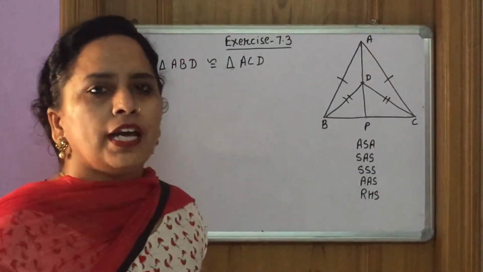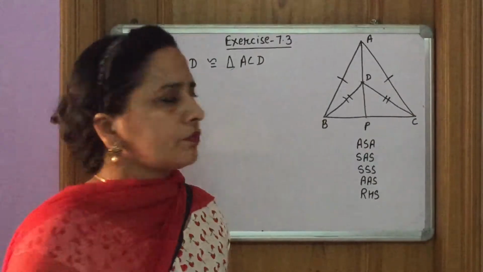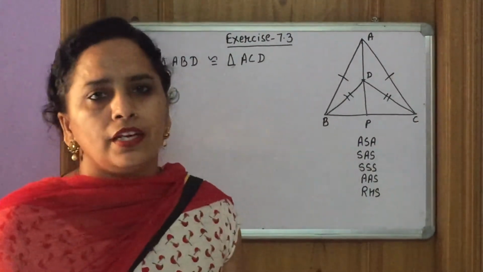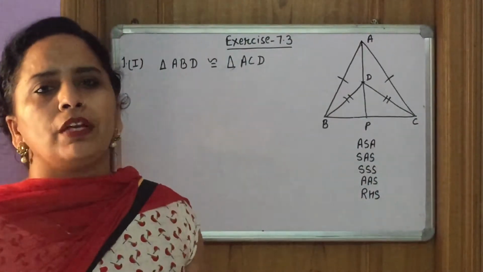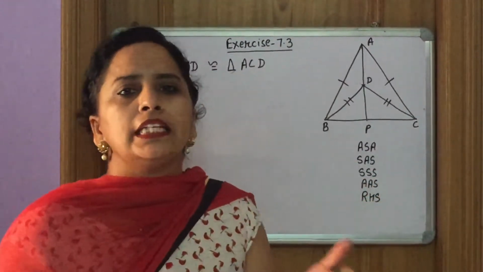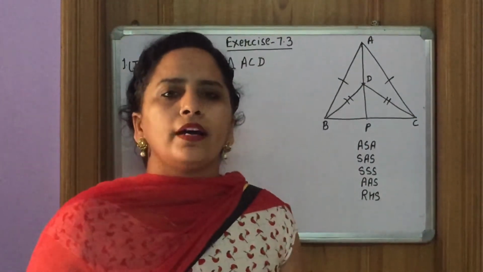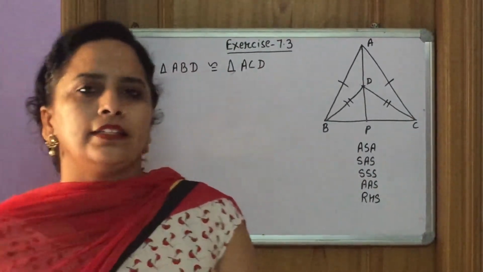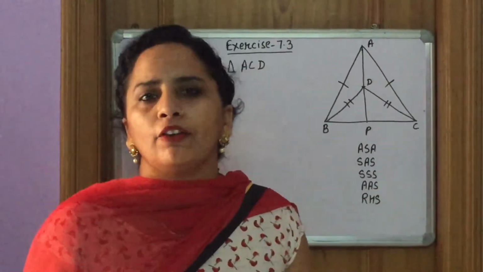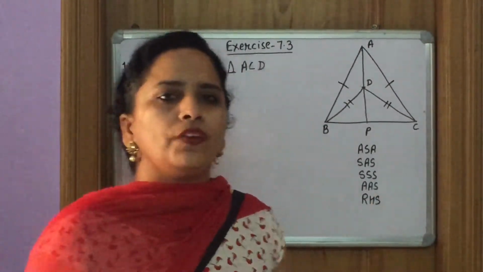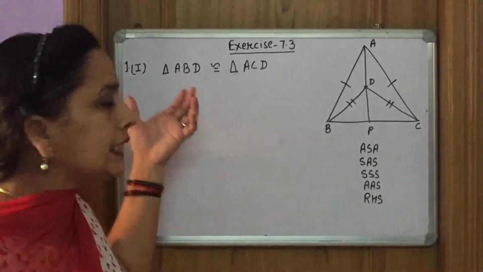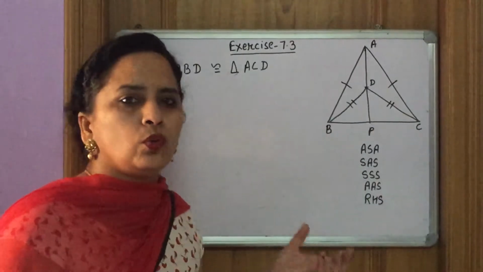In this question we have to show 4 parts. As you know, we do these questions in a systematic way. So the first point will be given, in which we will write the statements which are given. In the second part we will write what we have to show in the question. We have to show 4 parts, so we will write this in the second point. And in the third point we will do our solution.